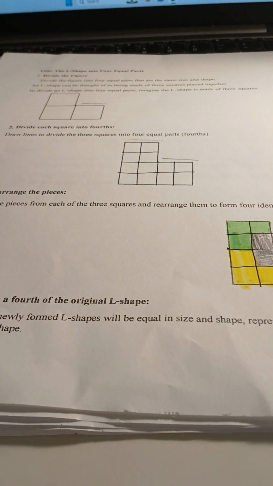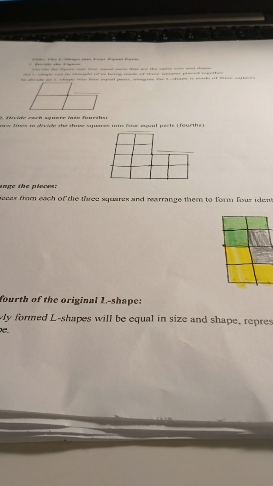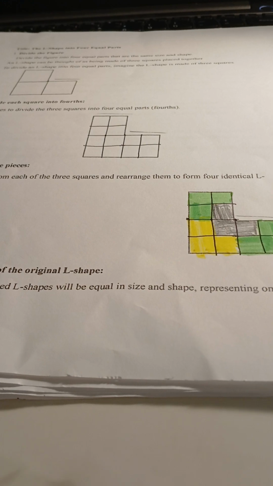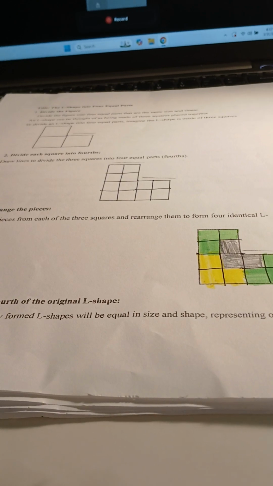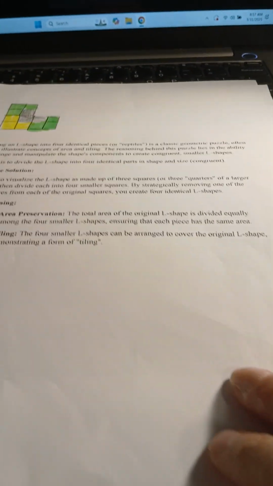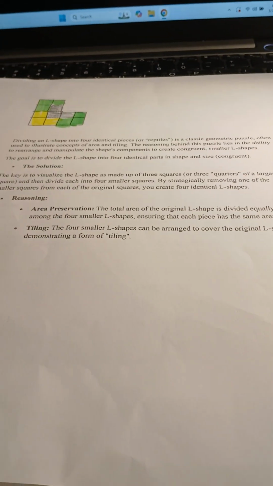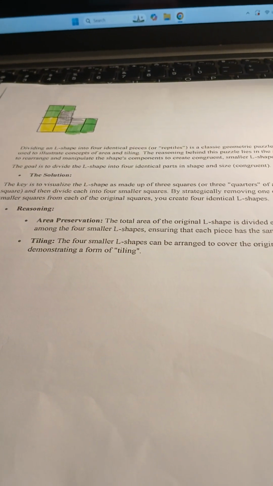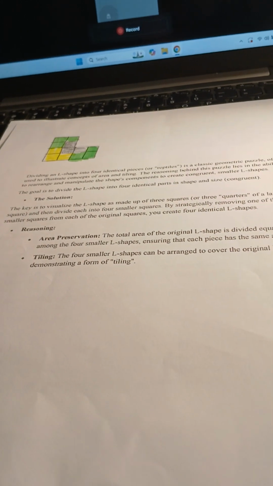I put four squares into each, making four equal parts in order to make the L shape. Then I had to take the pieces from each of the squares and rearrange them to create four identical shapes. Then I went ahead and outlined, as you can see, how the four shapes came out. The solution was